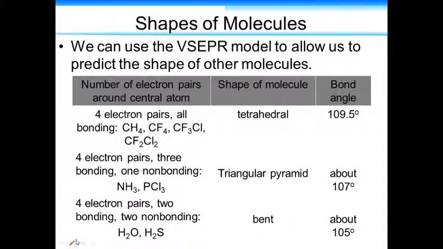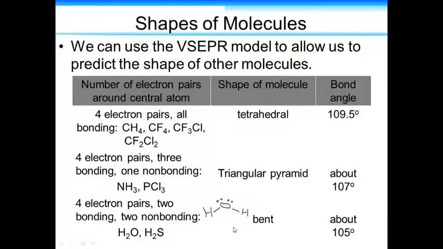So in this last type of shape, we have 2 bonding and 2 non-bonding. In this last shape, we have, again, 4 electron pairs. This time 2 are bonding and 2 non-bonding. So water is a good example. It forms 2 bonds to hydrogen, and I'm not really emphasizing the shape here, just that the oxygen has 2